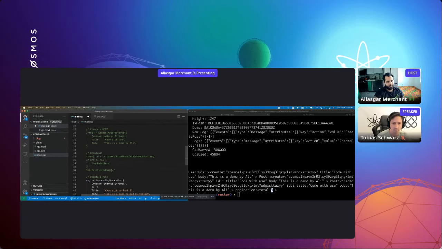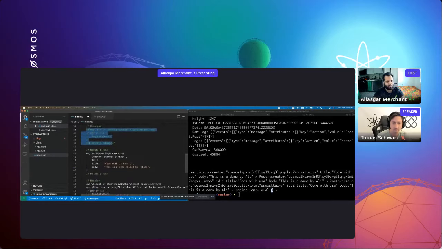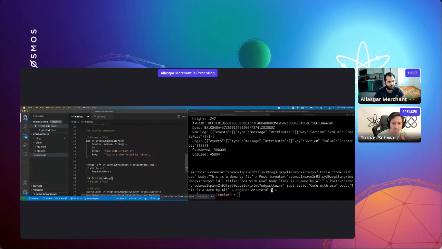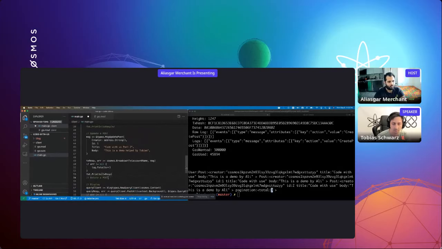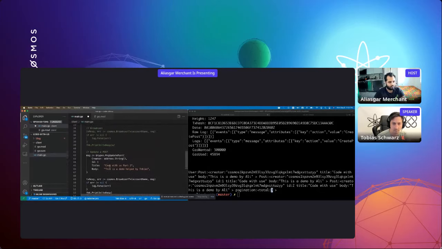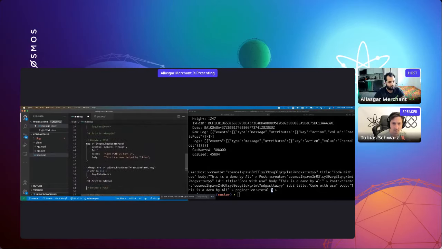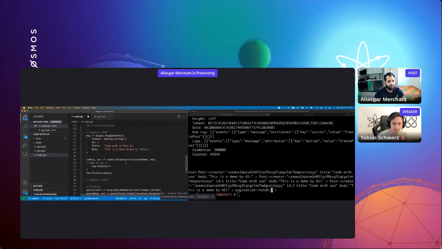So let's make use of this previously written code. So this is broadcasting the post, and okay, yeah, this is the broadcast part, and delete is very similar. All you have to do is create a new message or new transaction, and so let's call it message delete,